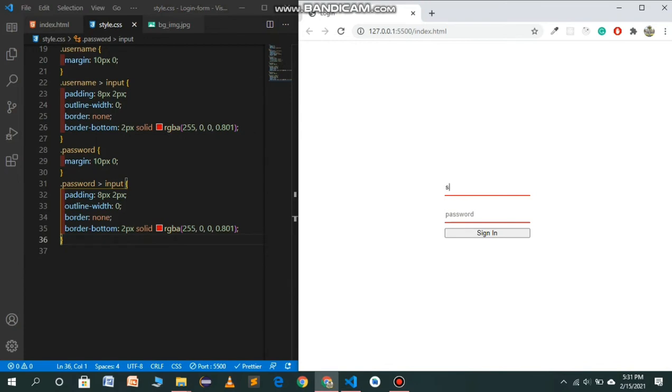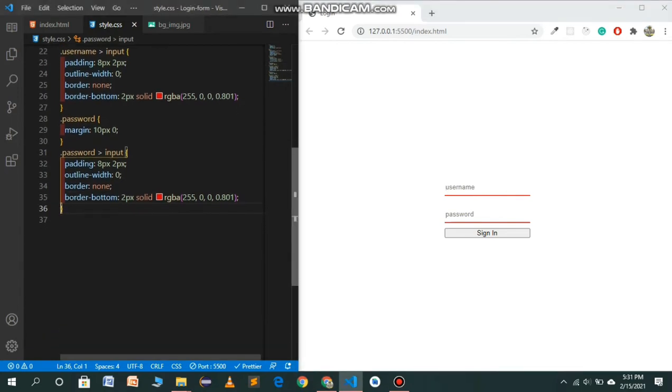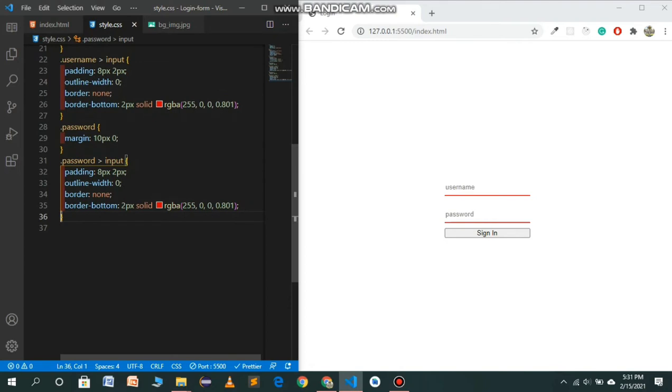Now we have to style our button. We will also use the background image, so don't get disheartened that it's not looking nice right now. So let's target the btn.